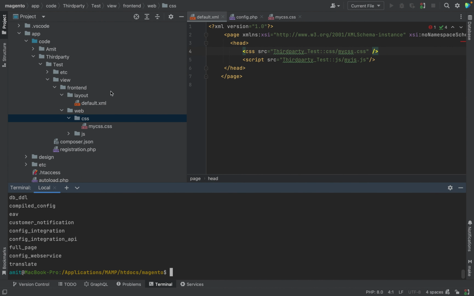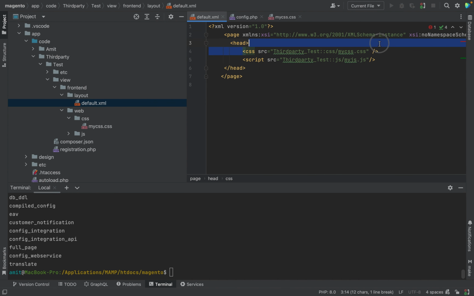So I am in the project and I can see that in the default.xml layout file the mentioned CSS file is added. Now as a Magento developer, you know that whatever CSS or JavaScript file we add via the default.xml file will be added on all pages. It will not be added on any specific page. So what we can do here is move this CSS file from default.xml to the specific layout file which impacts the product detail page only.